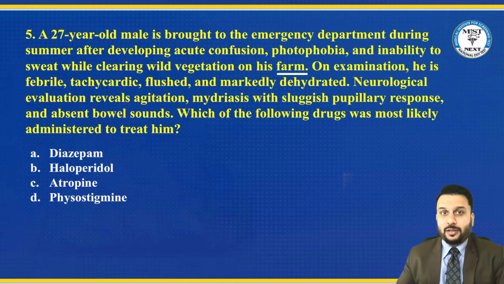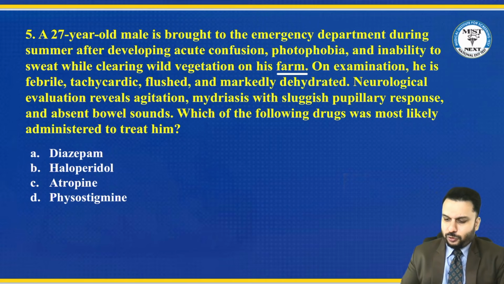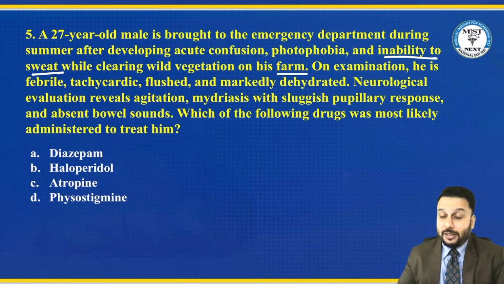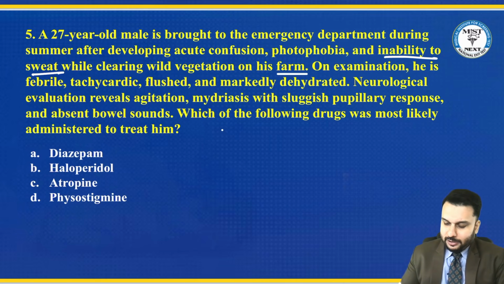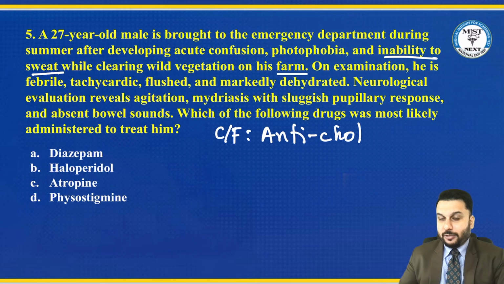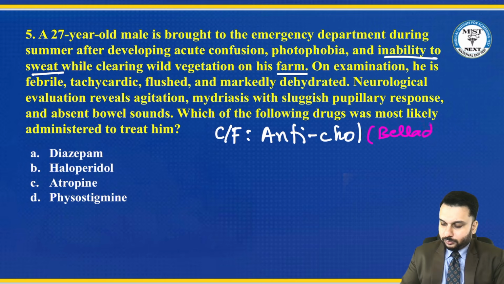The patient is tachycardic, okay? The patient is dehydrated, the patient is unable to sweat. These are the things which happen in opposite of parasympathetic, meaning anticholinergic. So the clinical features that you're seeing are anticholinergic. Opposite of DUMBBELS is happening here, tachycardia. Now, when you talk about anticholinergic symptoms, they present with things called belladonna, atropine, or datura.